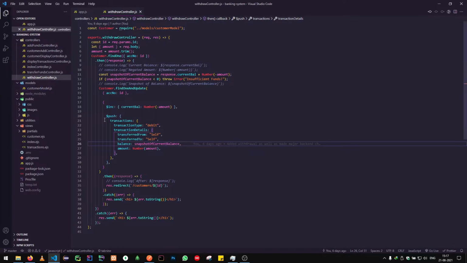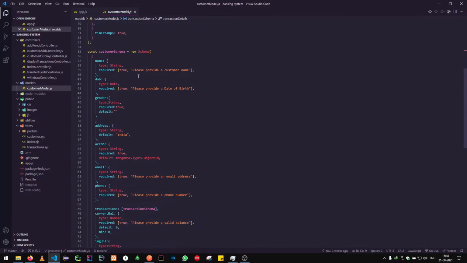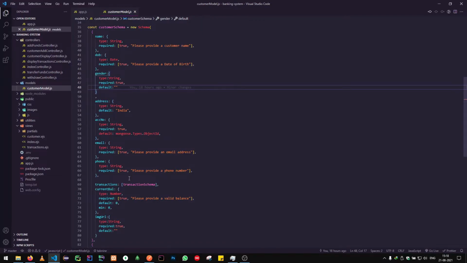Now to facilitate all this, we needed a schema for the customer. The backend is supported by MongoDB. As you can see here, I have created a schema for the customer which contains name, date of birth, gender, and all those particulars.